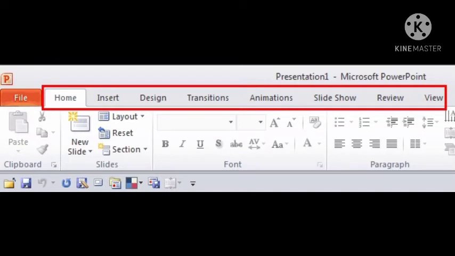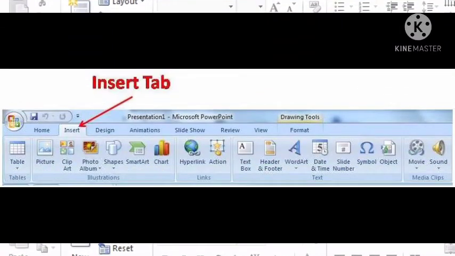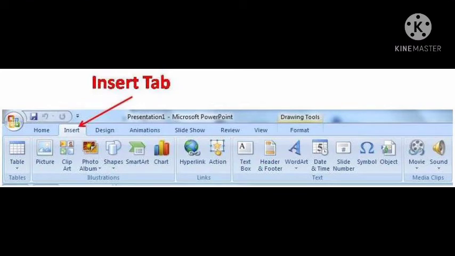Home tab contains command buttons for copying, moving text, creating slides, formatting text and paragraphs. These buttons are organized in 6 groups: clipboard, slides, font, paragraph, drawing and editing. Insert tab.